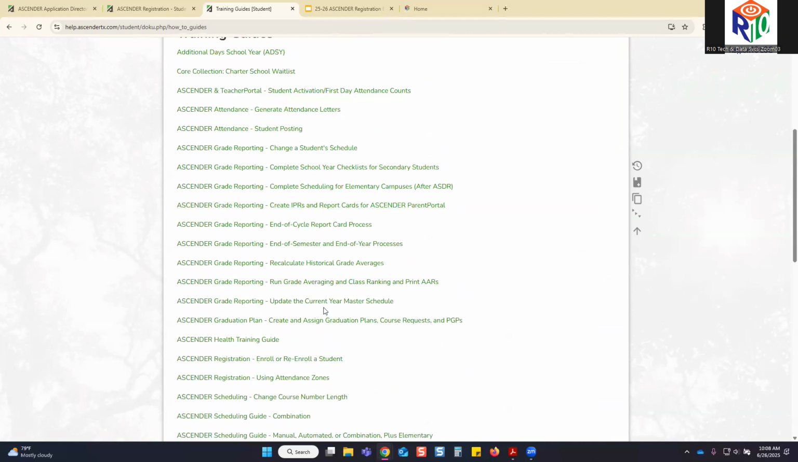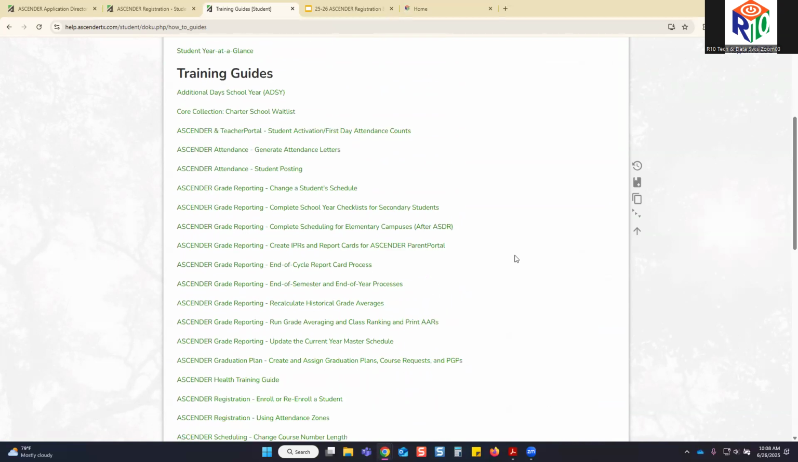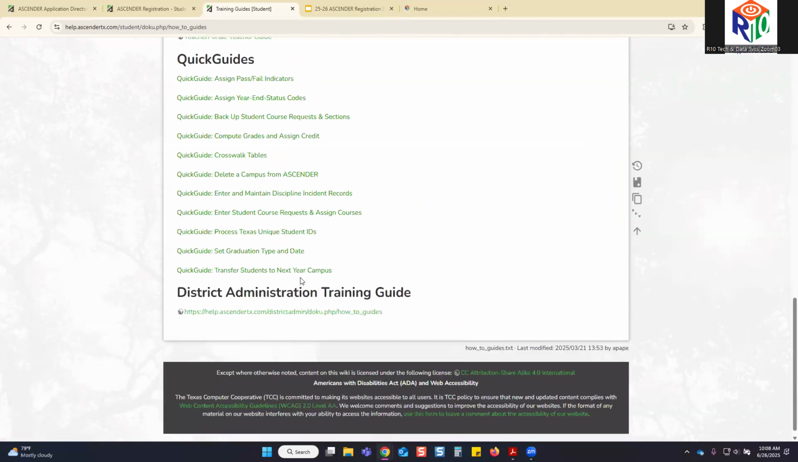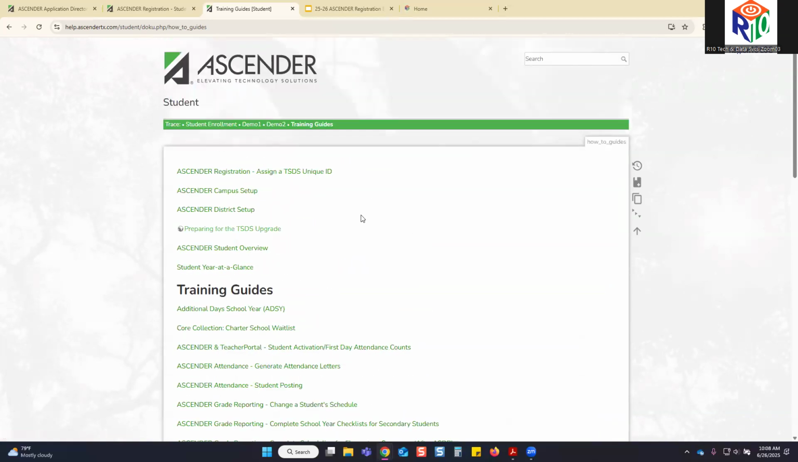So they have full-on training guides that are dozens of pages, sometimes hundreds of pages, depending on the application, like scheduling, long, but they also have quick guides if you need to look for quick things. And then in addition to that,